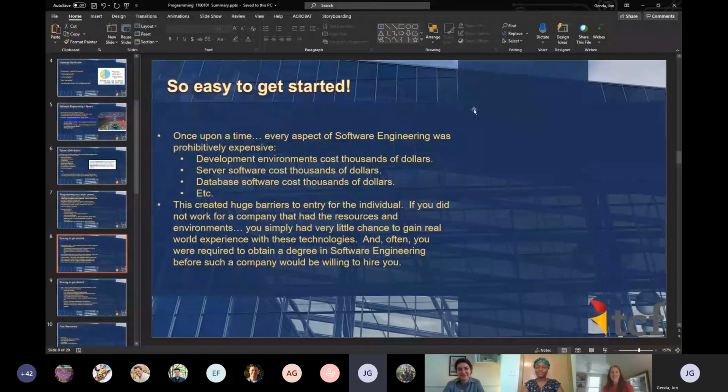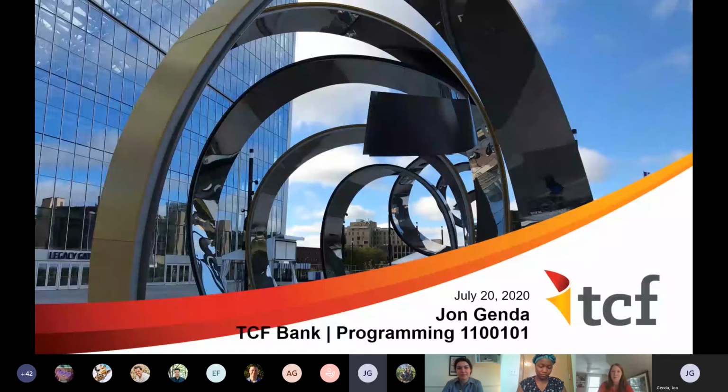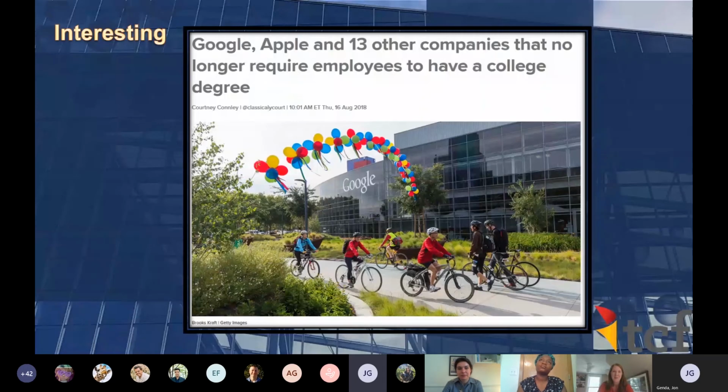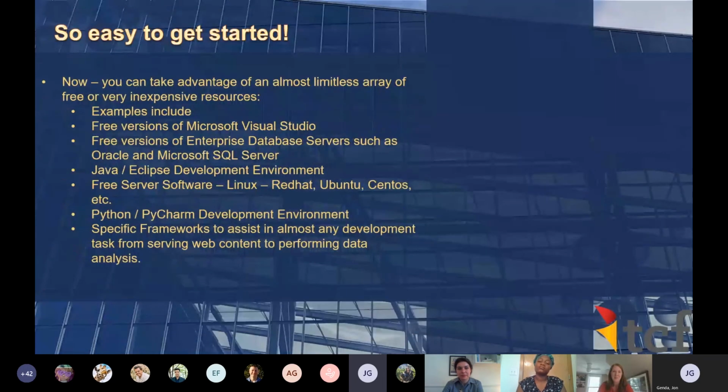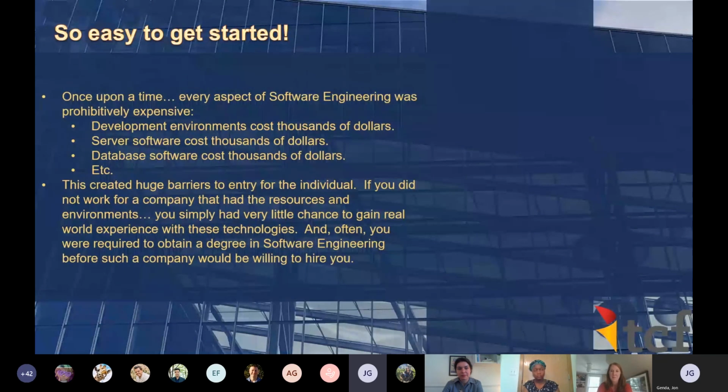Okay, so back to talking about programming. That was a really good example of programming in the real world. And like I said, I can't reinforce enough: see a problem, imagine how you could solve the problem, and then actually get started. Now, one of the things I want to highlight is that once upon a time, we rode around on dinosaurs, you know, a while back. That's a joke. But let's say 15 or 20 years ago,